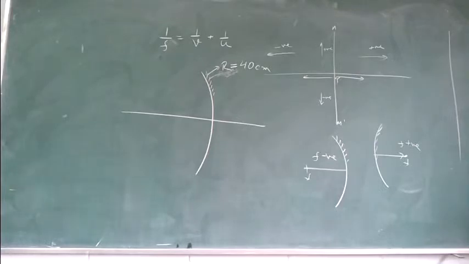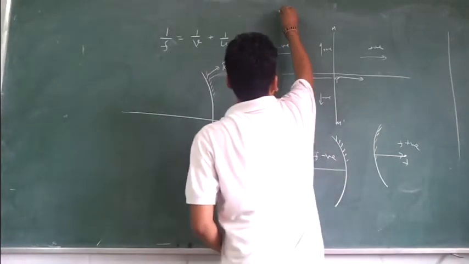So if you get your answer more than 40 using the formula, there is no chance that you have gone wrong. If you mess up in the signs, your answer doesn't come in the range itself. So first of all, before solving, you should establish the range that my answer should be around this much, negative or positive, and if it comes the same way, then it is right. Your answer should be negative or positive, by the way? Negative, because it is formed on the object side. Object side is negative for everything.